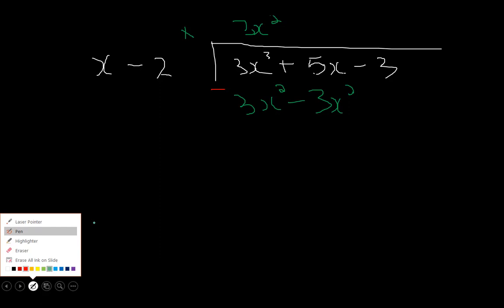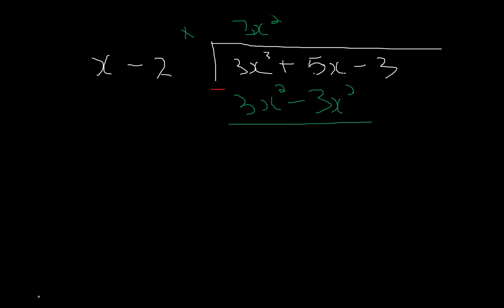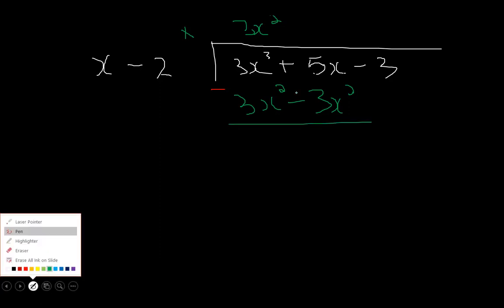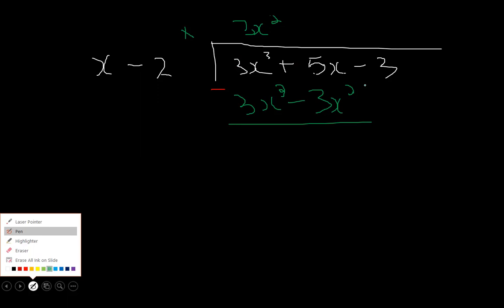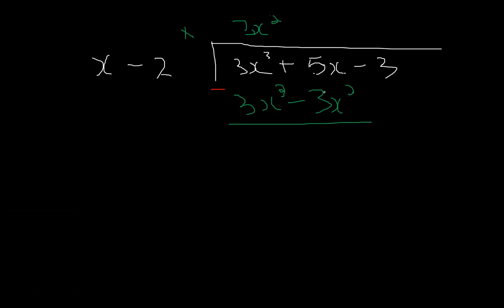But then you're ready to subtract, and you're like, okay, hold on, that's a cube. That's a 3. I say, okay, 3x cubed minus 3x cubed, that's 0. But 5x minus 3x squared, 5x and minus 3x squared, they are not like terms. What does that mean? I cannot subtract them. So you could continue like this. Or,